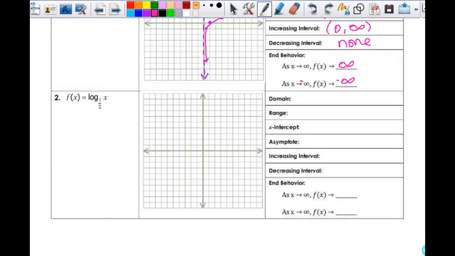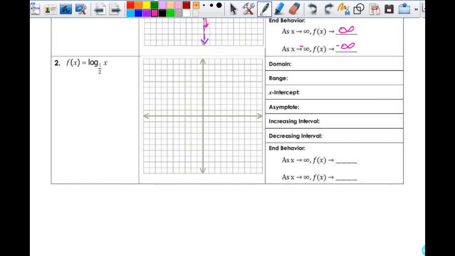And I feel like maybe with the parent functions, you don't necessarily need the little t-table. You can figure out the points on the graph, but you'll need them later. So we're going to go ahead and continue to do that. All right, so we're going to rewrite this one as a parent function. So this is going to be as an exponential function, (1/2) to the y power, but that 1/2 has to be in parentheses. Otherwise, it just looks like it's the 1 to the y power equals x. Then I'm going to make my little table,